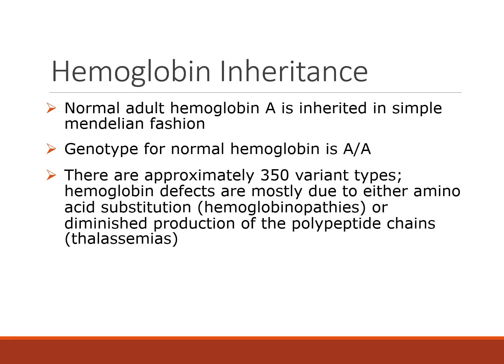So that is the difference between hemoglobinopathy and thalassemia. Hemoglobinopathies are considered qualitative defects of hemoglobin, and thalassemias are considered to be quantitative. So the first one, there's something wrong with the quality, and the second, there's something wrong with the quantity,